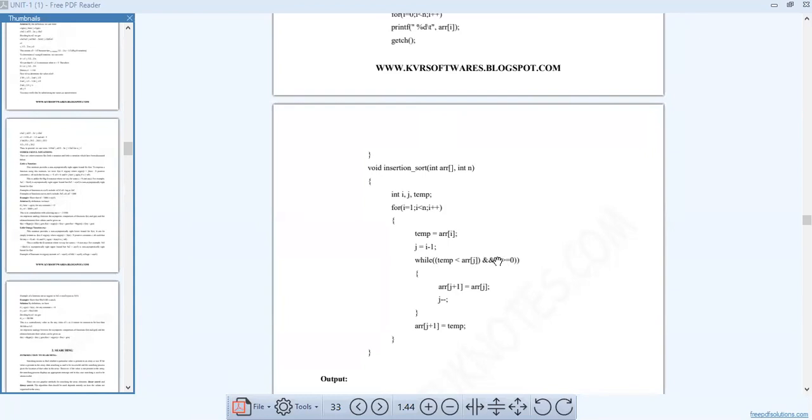You know, we have different operators in C. You might already have read about them in C programming. This is the logical AND operator. So what does it mean here? Here j greater than or equals 0. First see this. Here what is the j value? The j value is 0 now. Is the condition true? 0 greater than or equals 0. Is it right?